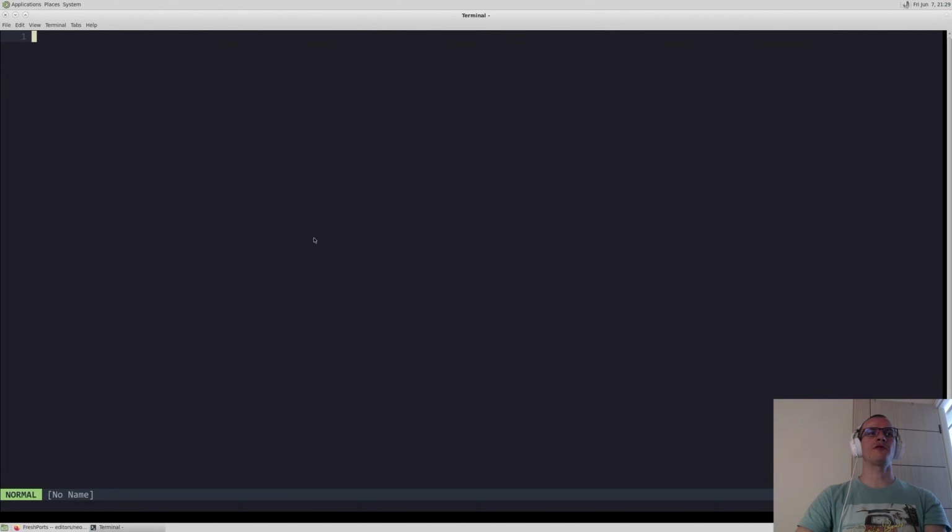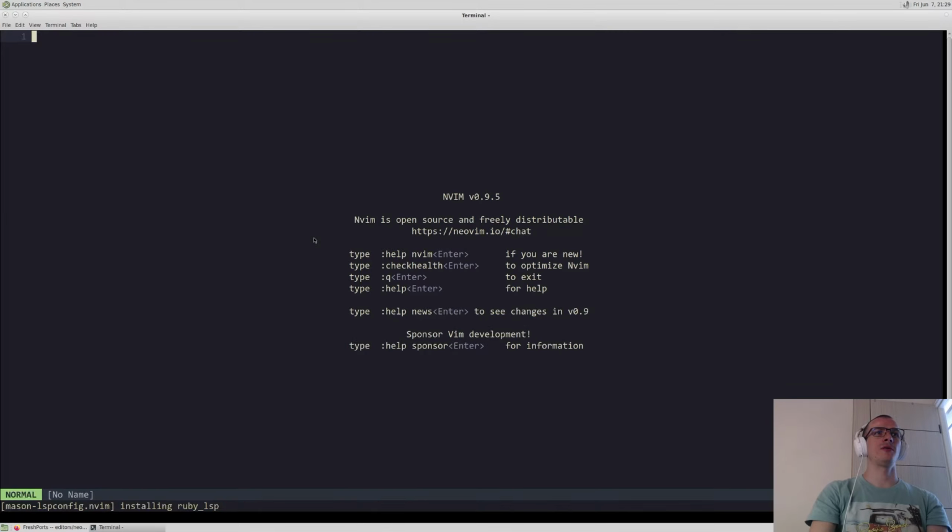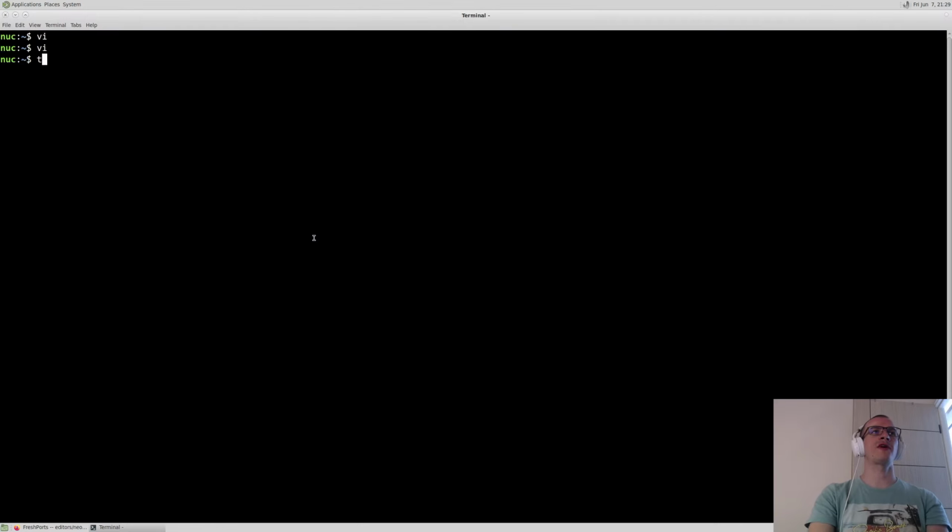Okay, so I'm not getting the latest Neovim, I'm only getting Neovim 0.9.5, which is fine, but I'm getting a lot of errors whenever the editor starts, which is fine. I also have a tmux config, so now